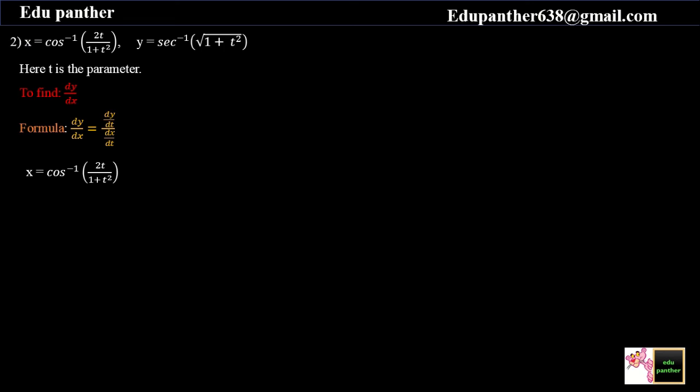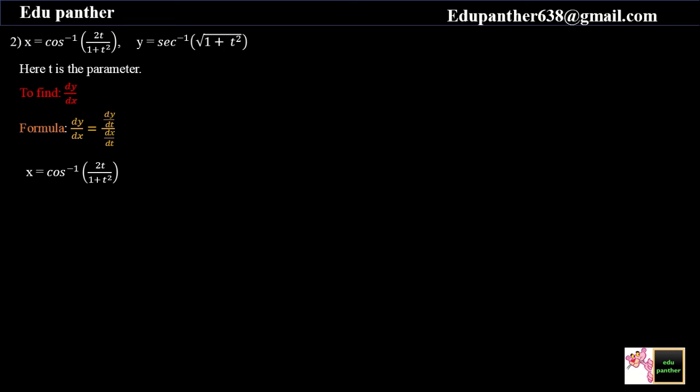So we'll start with differentiation of x. Now it's not compulsory that first we have to differentiate y and then x. We can differentiate any variable first. So here we are differentiating x. Okay, now just concentrate here. We can directly take the derivative using cos inverse and then composite rule of differentiation. But in my previous lectures, we have seen some special method of substitution to find the derivative. So using that we can find derivative easily here.